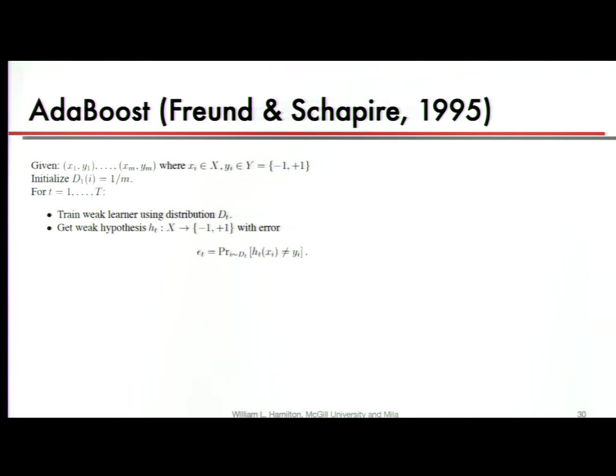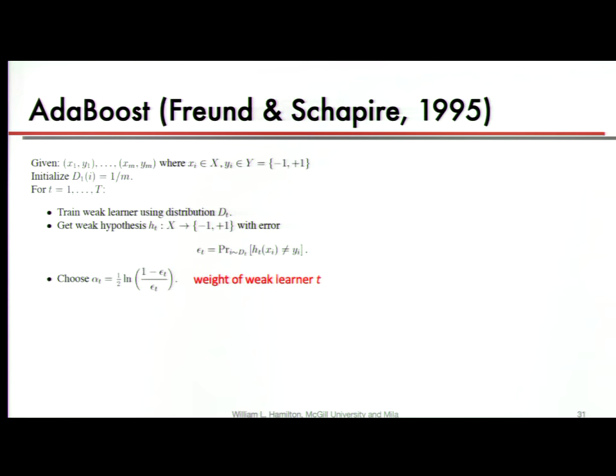And now, for a number of different steps, what we're going to do is train a weak learner. Again, this weak learner is just like a decision tree with a single node. We train this weak learner, and then we figure out what this weak learner's error is when we're using this particular D weighing function for the different training points. So what is the error where we're weighing the different points according to this D? And now we're going to compute what's called the weight of this weak learner, this alpha value that tells us how much we want to pay attention to this weak learner. This is going to be 1/2 times the natural logarithm of (1 minus the error) over the error.